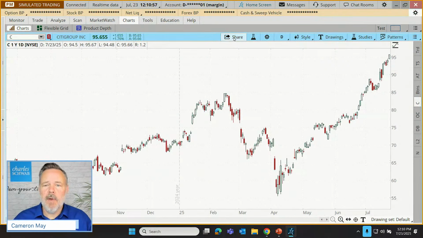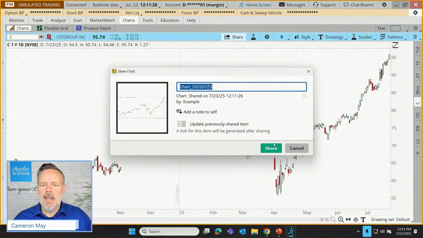Now let's move over here to the right, and there's a share function. Now, traders are creative people. A lot of people are. And they can come up with lots of different ways to view a chart, adding technical indicators, looking at different time frames. And sometimes they want to communicate that to other traders, but they'd rather not have to just describe it. Sometimes we like to share our charts. So we can click on share and actually just create a link and share that.